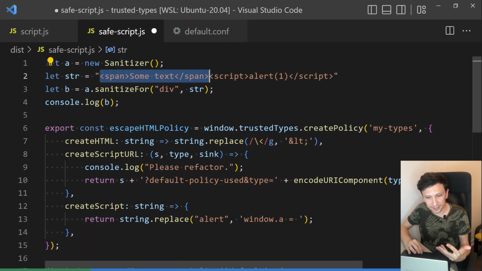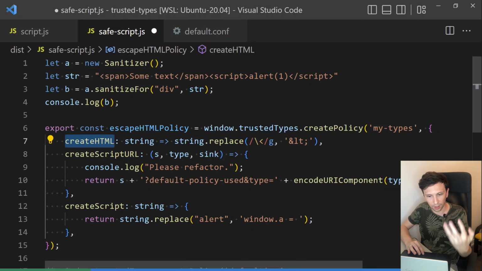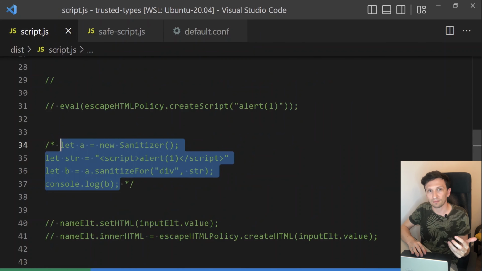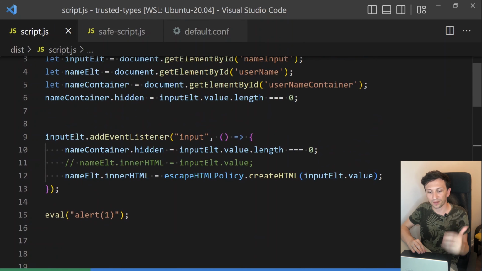And yes, that's a very great tool that you can use inside your trusted types to sanitize, and everything will be great. But one more thing, even better, this API helps us to avoid doing something like this, like putting inner